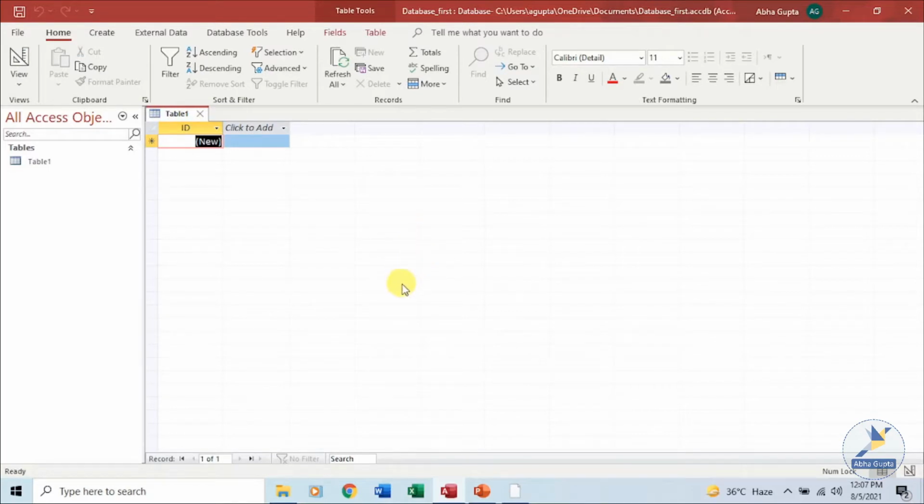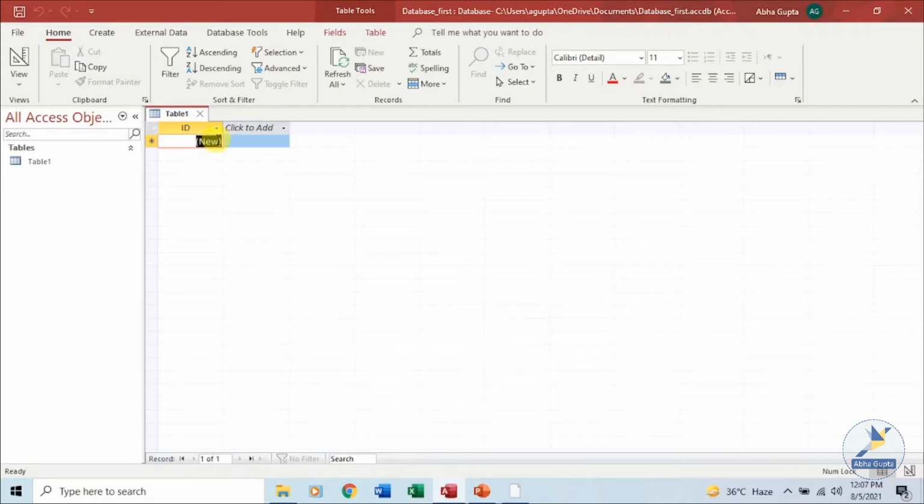In the datasheet view, here we can specify the field data type and field name to create a table. At the same time, the moment we create a table by giving the data type and the field names, we can start entering and editing the data here itself. For example, this is Table 1. By default, the first field has been given the name ID. You can see over here, we'll discuss this in a moment. If I want to add another field over here, by default this is ID, and its field data type is AutoNumber.